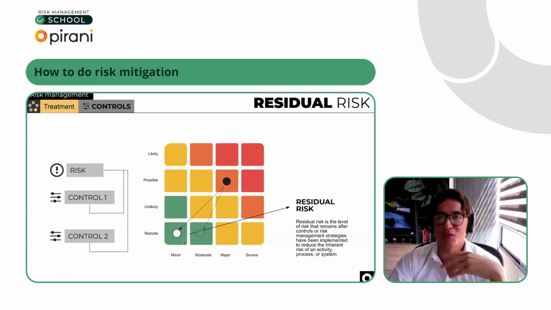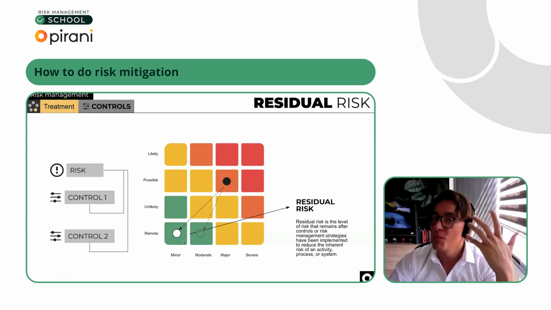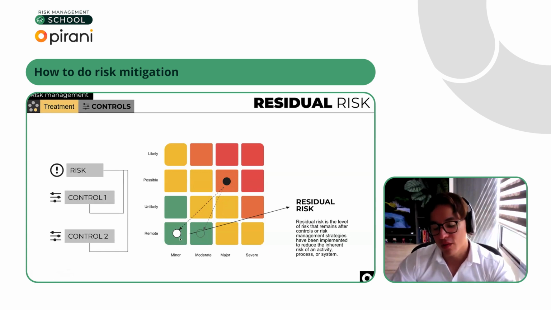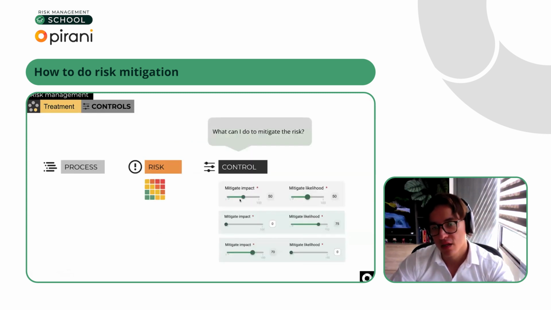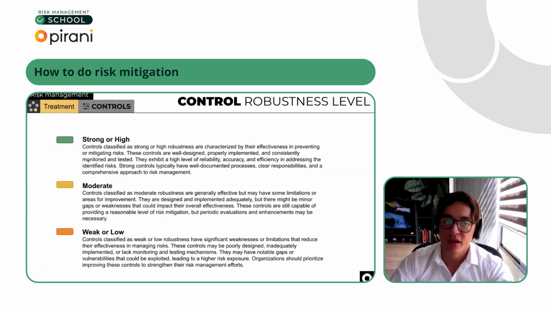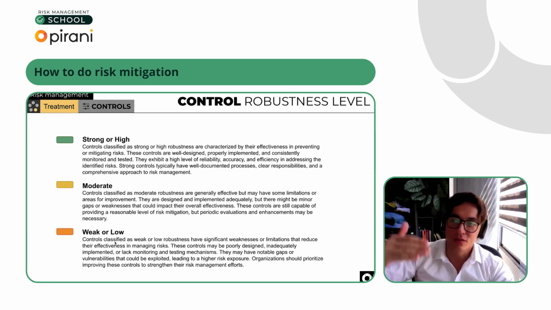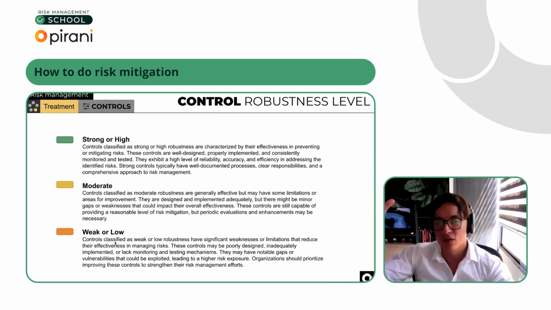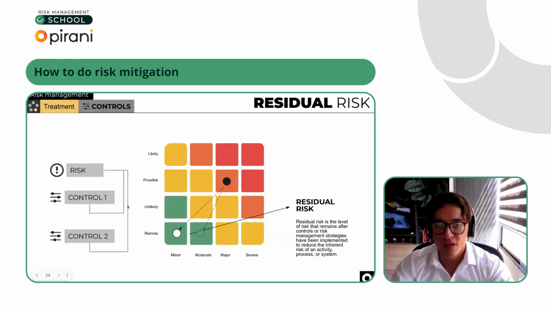because of course in an Excel or in a spreadsheet, it will be difficult and very subjective. So the idea of how much it will move depends on how much it will mitigate the impact or likelihood, and if the control is strong, high, moderate, or weak. So in the practical class, we're going to show you how to rate the control in order to have a weak or a stronger control.